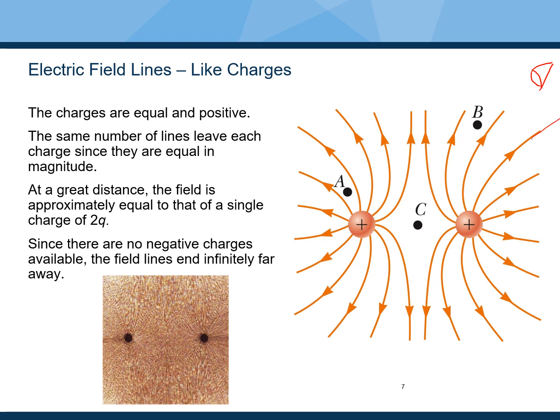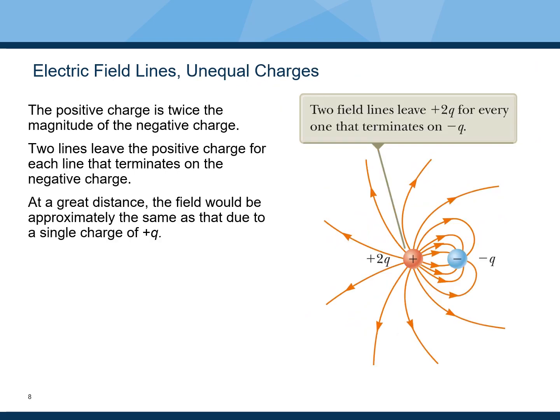So this one is going off to infinity, this one is going off to infinity, and so on and so forth. Okay? So far away, this configuration of two separated charges will look almost identical to a single charge with a charge of plus 2q. So with this, let's go ahead and do this practical example